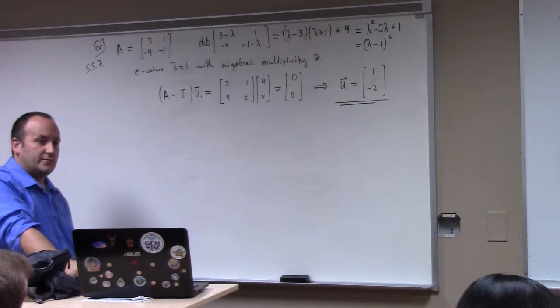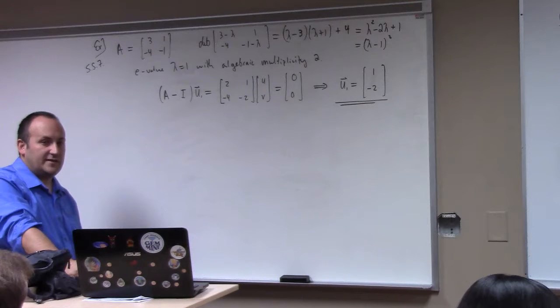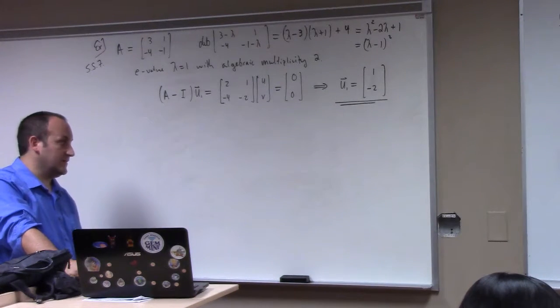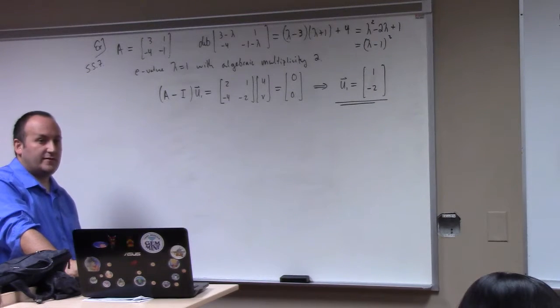This is sometimes a useful way of thinking. If you're comfortable with the idea of finding perpendicular vectors, it's useful. If you're not, then forget about it and solve the equations. But there it is. So our geometric multiplicity is,